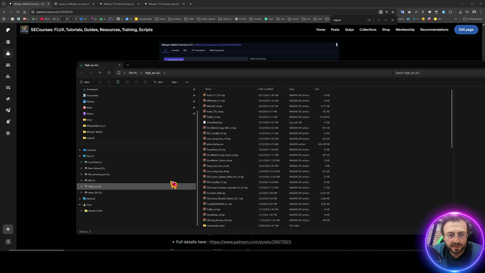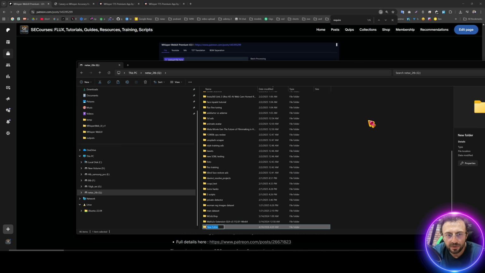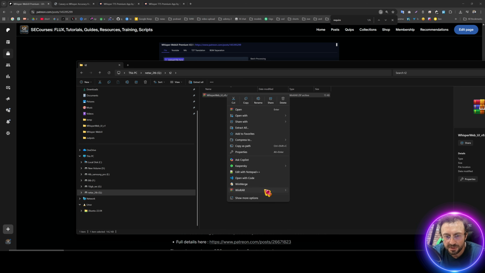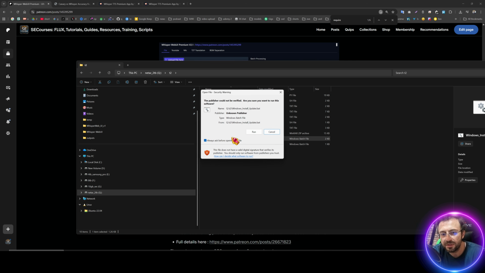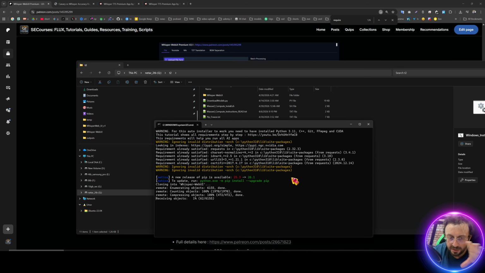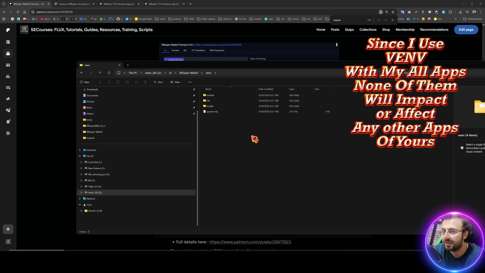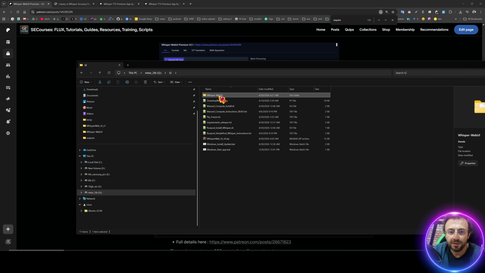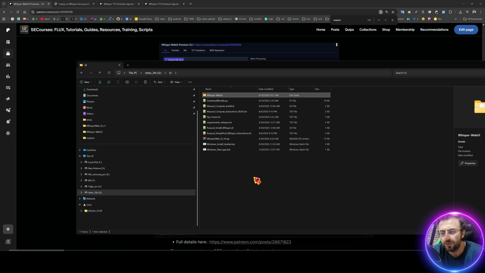So move the latest zip file into wherever you want to install. So let's install into our Q drive T2. Do not have space characters in your installation path. Extract files here. Then all I need to do is run the Windows install and update .bat file. So it will fully automatically install everything for me. It will generate a virtual environment and install all the libraries inside here, so it is fully isolated. The models will be automatically downloaded into the models folder when you run them for the first time. All of them will be fully automatically downloaded.